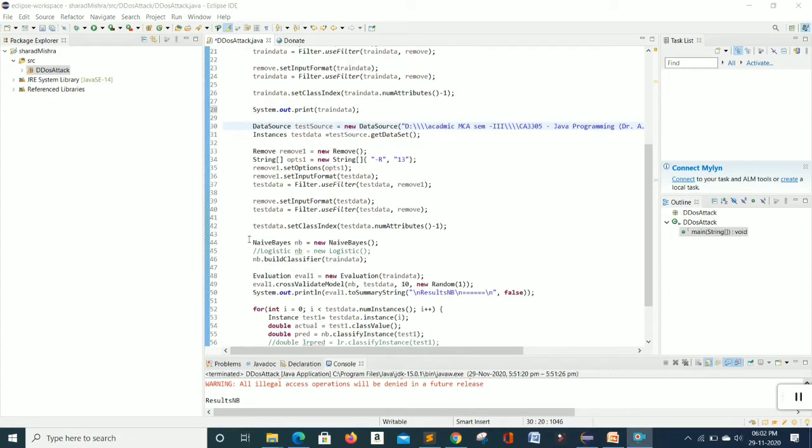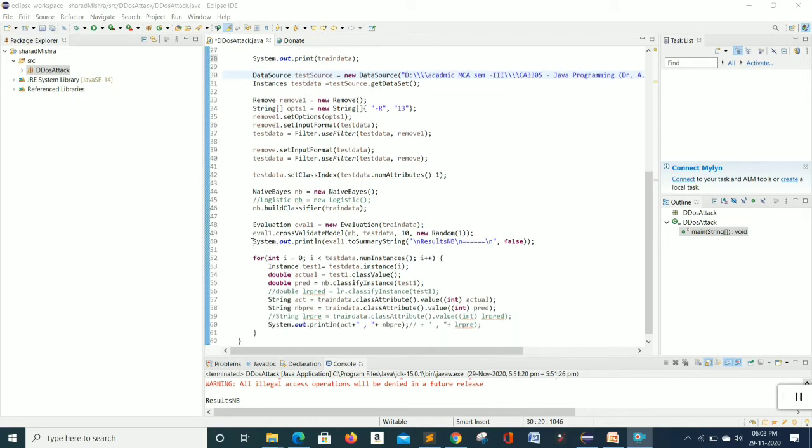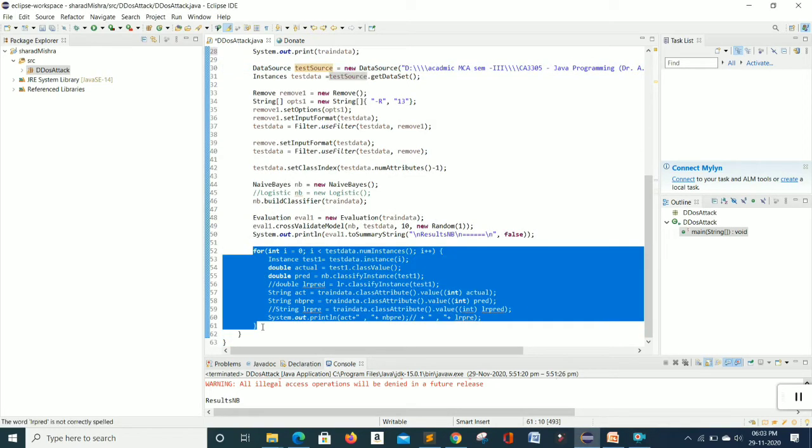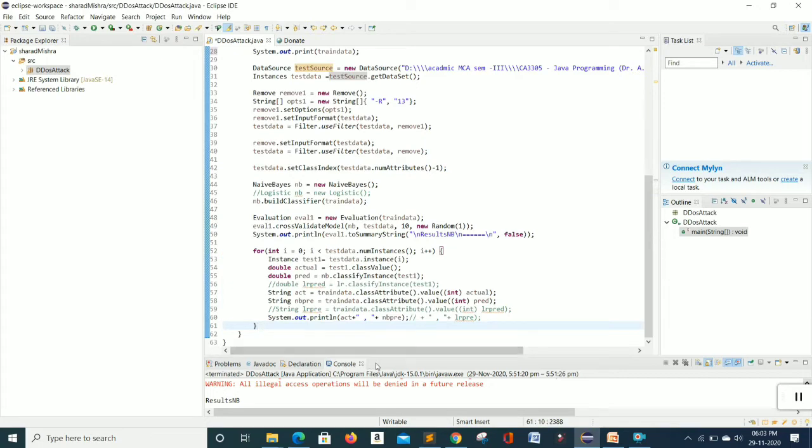Then we can see here the Naive algorithm is used to find the accuracy level of our data after removing some attributes, and one by one we print the instances of data. Then I'm going to execute my project.